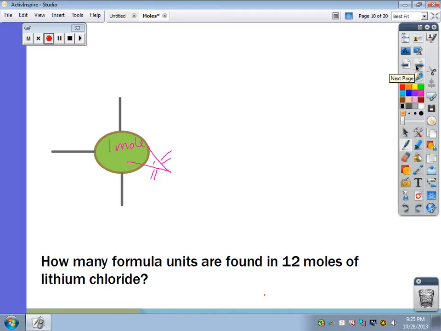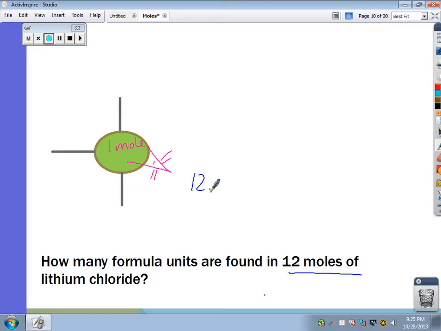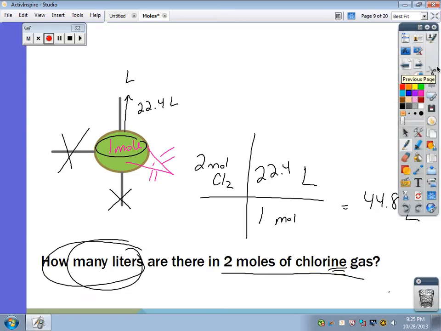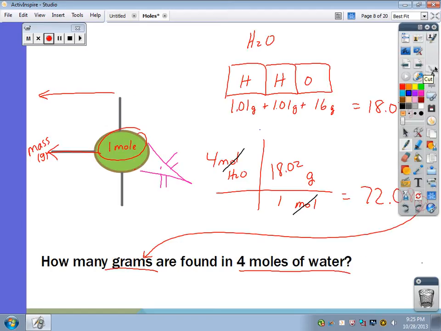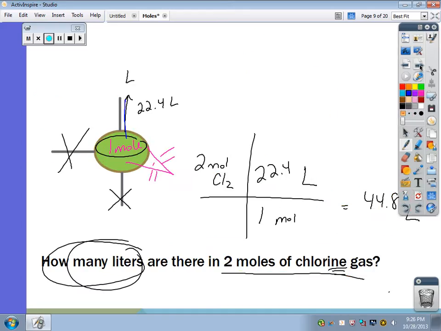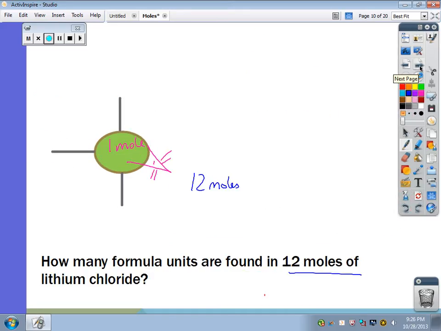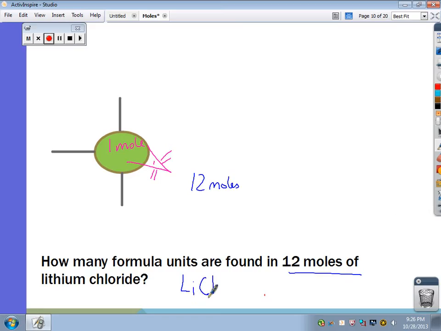Let's do another problem. Here I have 12 moles of lithium chloride. I know I have 12 moles. I start on 12 moles. And by the way, if you notice, these are all 1 step, aren't they? I'm going 1 step. See that? So I have 12 moles of lithium chloride, which is LiCl, because that's +1 and -1, so that makes that